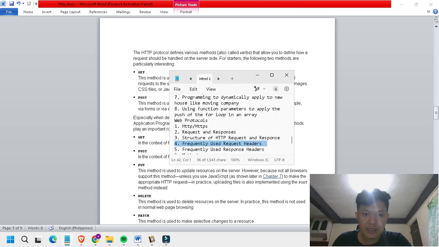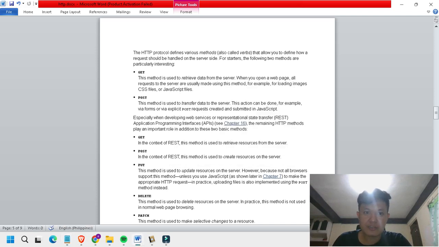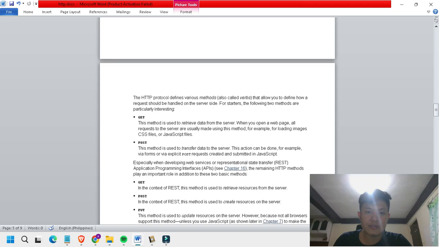So the next topic would be methods. These are the most common methods. GET and POST, these two are the basics, guys. In practice, we don't usually use DELETE and PUT on HTTP. We usually use GET and then POST.